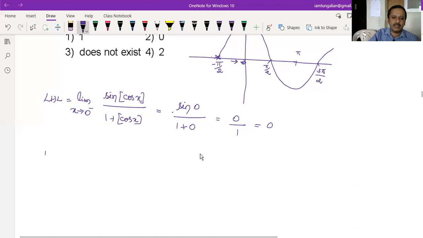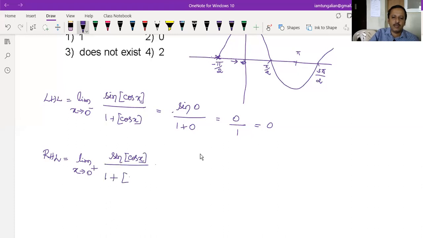Now right-hand limit. Right-hand limit is equal to limit x tends to 0 plus sine of step of cos x divided by 1 plus step of cos x. That's equal to